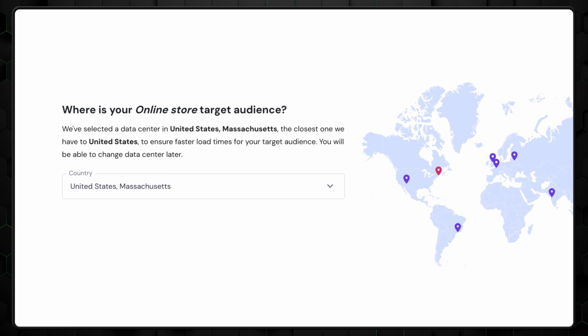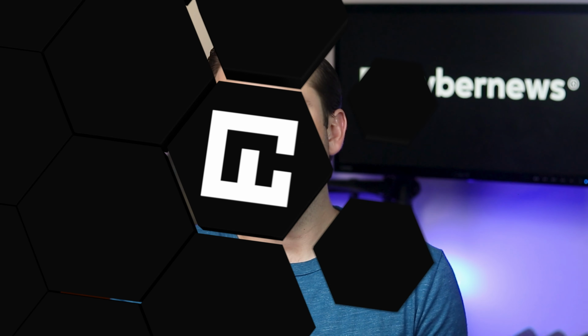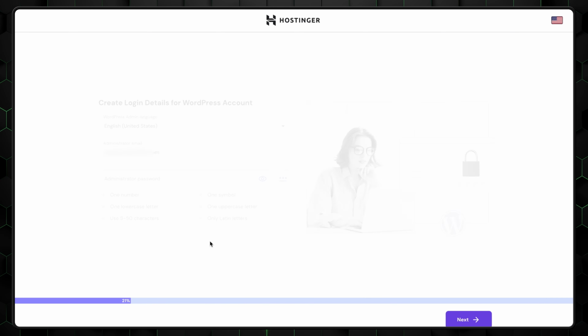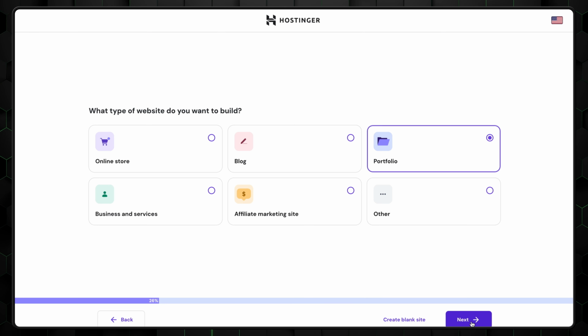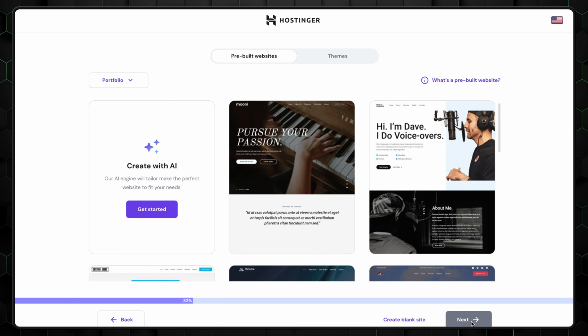Just wait for users and switch to what Hostinger recommends. After you've chosen the data center, give the setup a second to finish. If you already finished this setup, then learning how to install WordPress on Hostinger is easy. Click here, select WordPress, and basically go through the same simple setup as before, minus the data server selection and